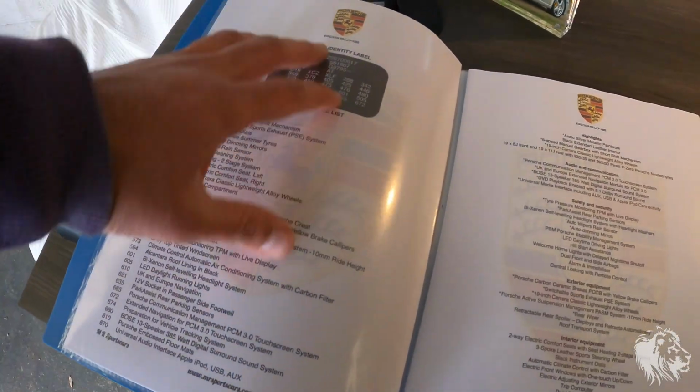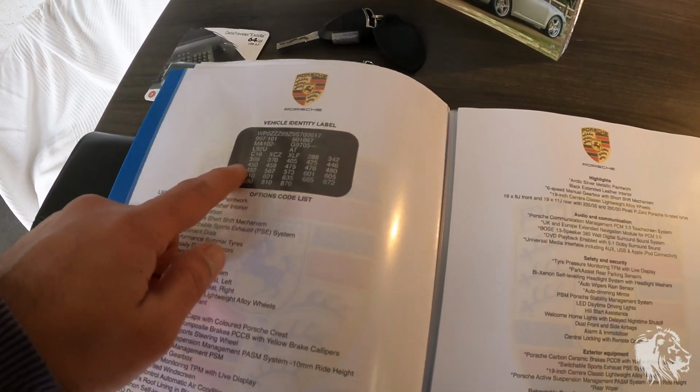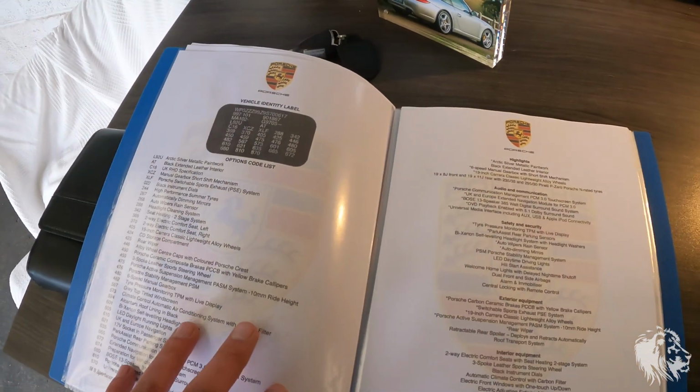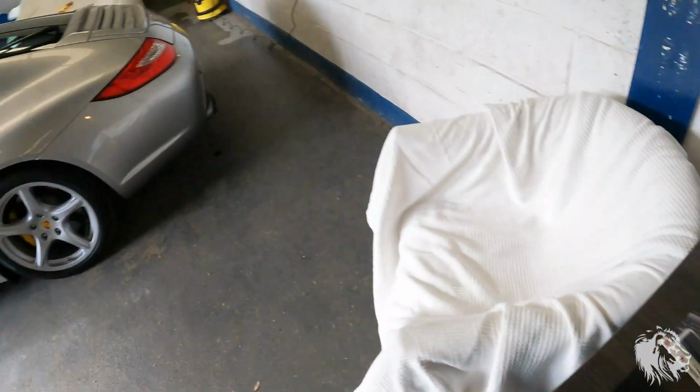Then we produce this sheet here, which is the VIN sticker that you normally find in the front of the service book, but it doesn't normally have all of the codes on it. So we use PWIS3 to get the full option list from the car itself. So each car knows exactly what it's got on it, which is quite amazing that you can plug it into a computer and it will tell you exactly how it was built, when it was built, all the different codes